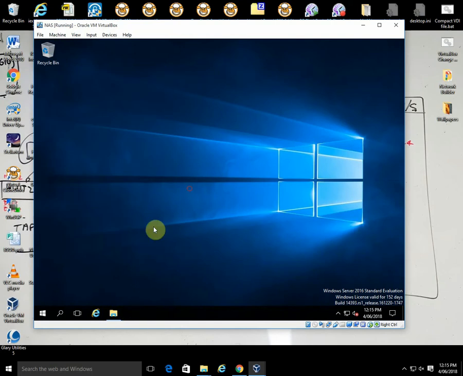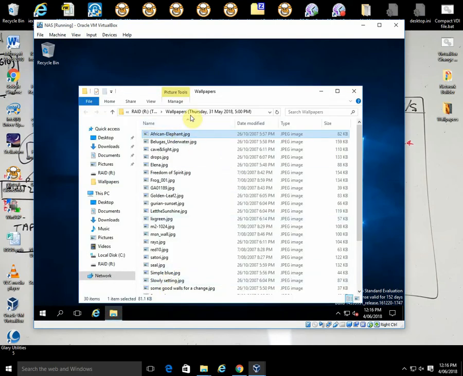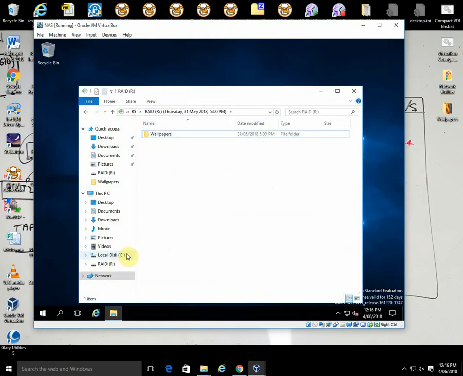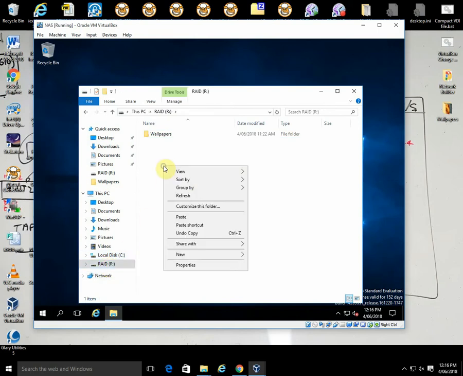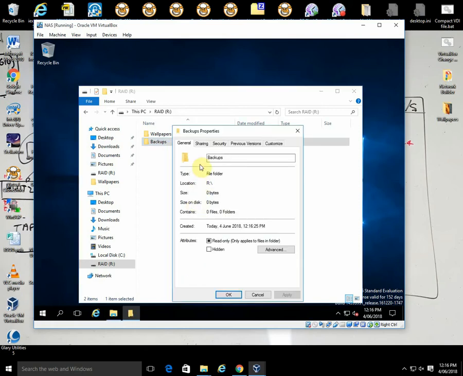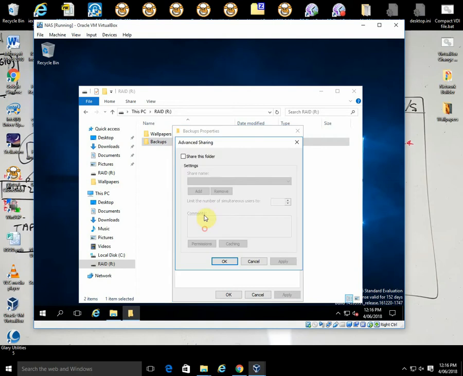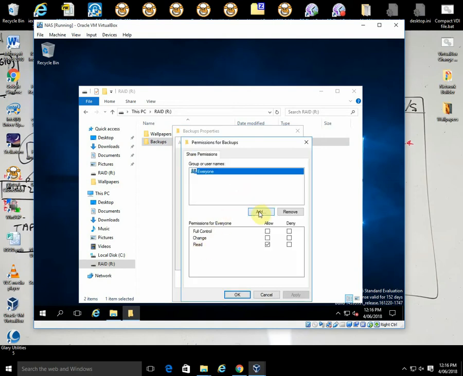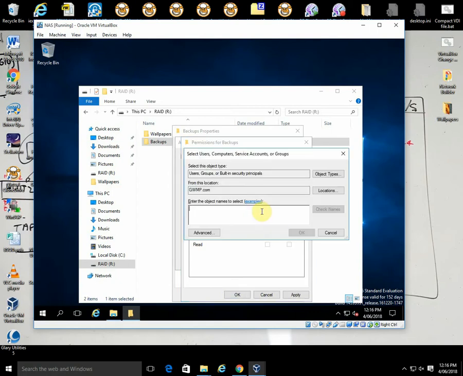Okay, so we're going to create a new folder and we'll call this backups. Really original naming, but anyway. Right mouse click, properties, on the sharing we'll do advanced sharing, tick the box. For permissions we'll add, we'll remove everyone and add in administrators,